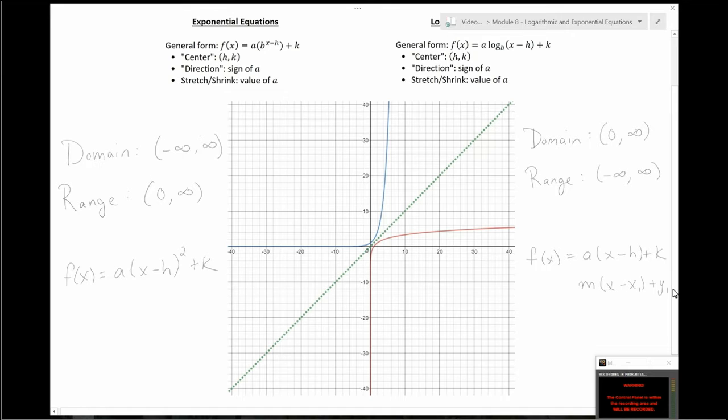This is what all of our functions look like. So in the case of vertex form, our h and our k was our vertex. In the case for exponentials, our h, k is going to be this number here,